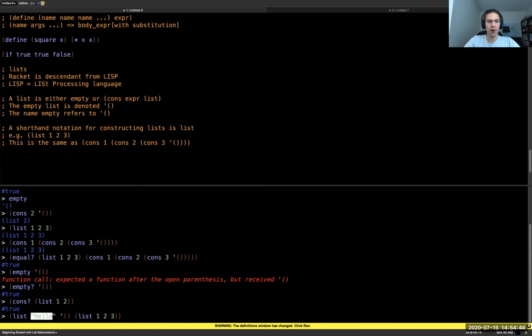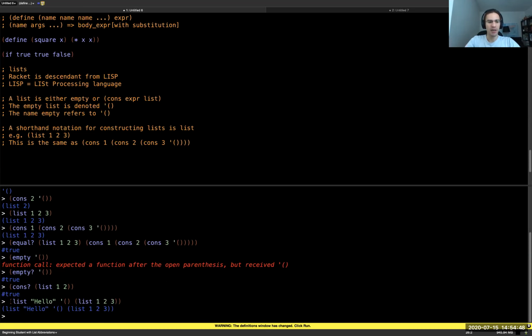What I've constructed here is, I'll write it out. So if I write list A, B, C, this is the same as cons A of list B, C. This is the same as cons A of cons B of list C. That's the same as